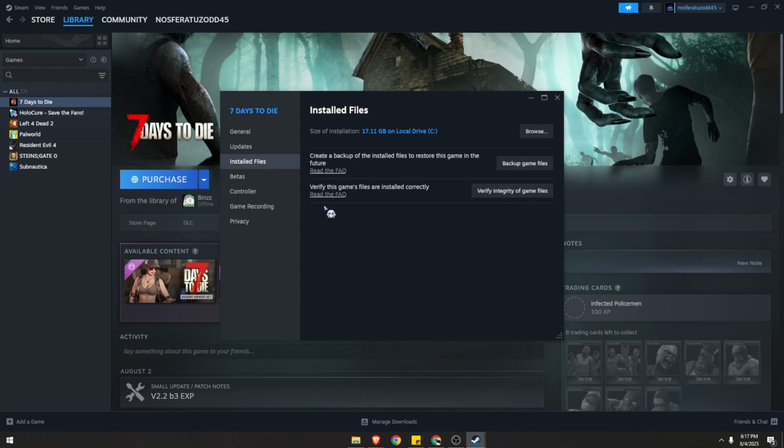Once you click this, it will show a message in here that says verifying files, 0 to 100%. Once done, it will show a message in here that some files are going to be downloaded and reacquired by Steam. So that means that was the culprit on why your games were crashing a lot, with Steam reacquiring those files for you. Once you have successfully restarted your Steam and they have also reacquired those, you can go back and play your game and